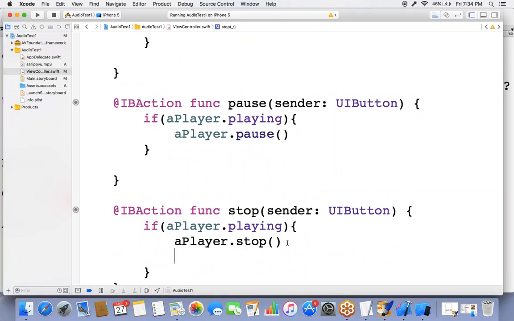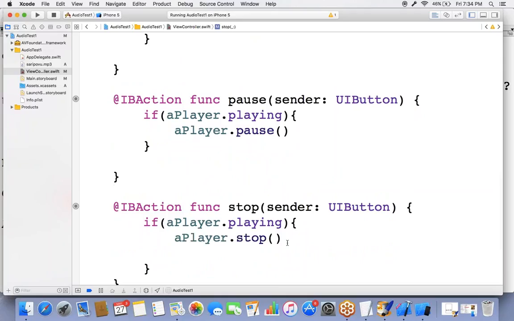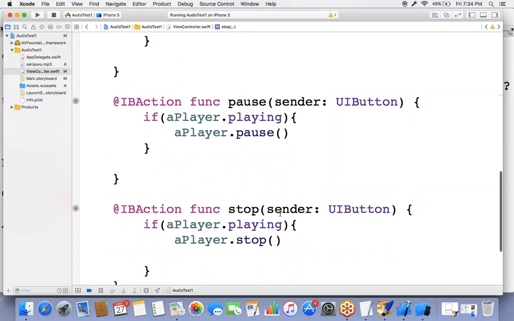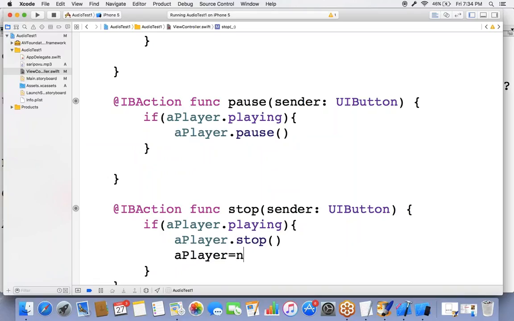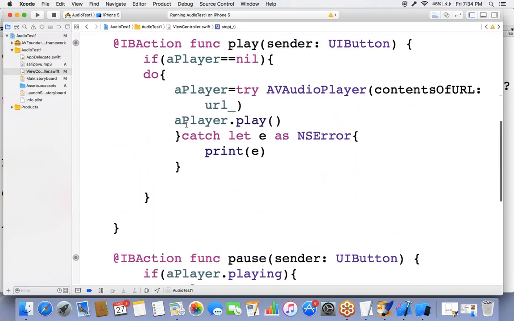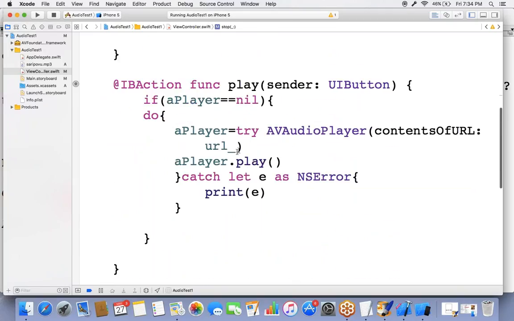We had to do one thing here. After calling the stop method, we had to reinitialize that audio player object. Let's set audio player is equal to nil. After this stop method, we are resetting that object. So if it is nil, again it is going to reinitialize the object. Again it will play the audio file from the initial position. Okay,